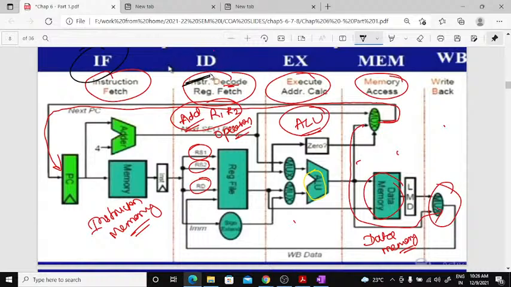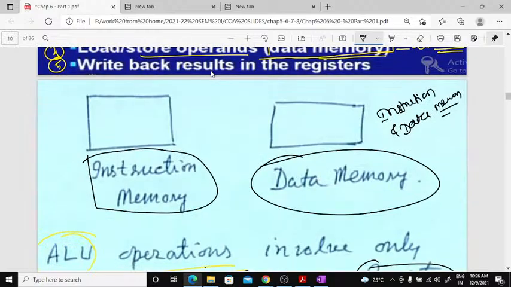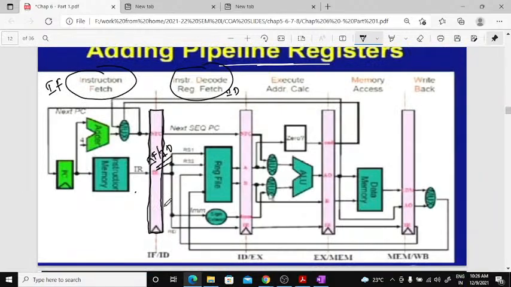The same diagram is represented here, with instruction decode and the execution unit, and there is a latch circuit between them. Okay,